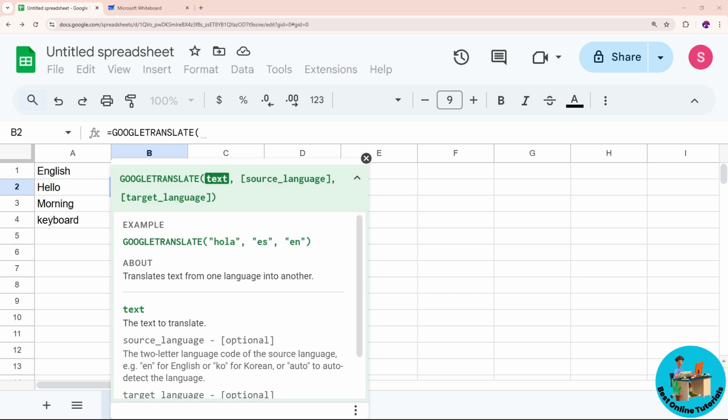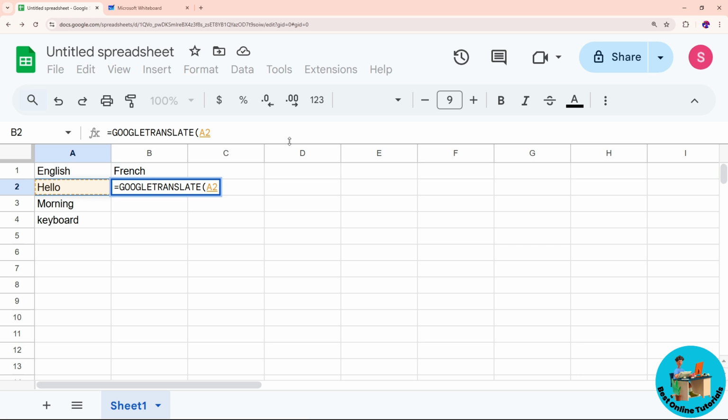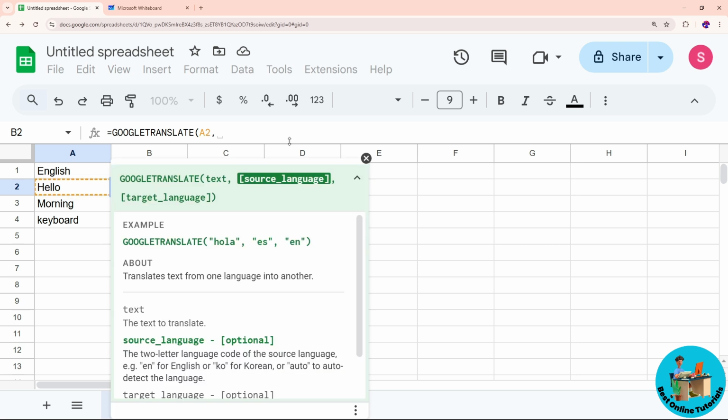And after that, just simply select the cell that you want to translate. Let's say I'm gonna go for this one. After that, just simply put a comma, and from here, just simply put a parenthesis, and we're gonna type in